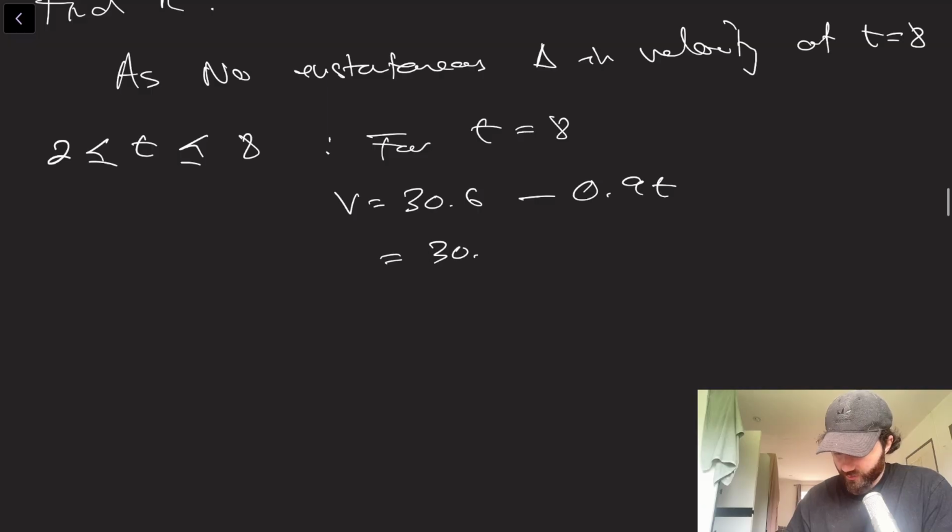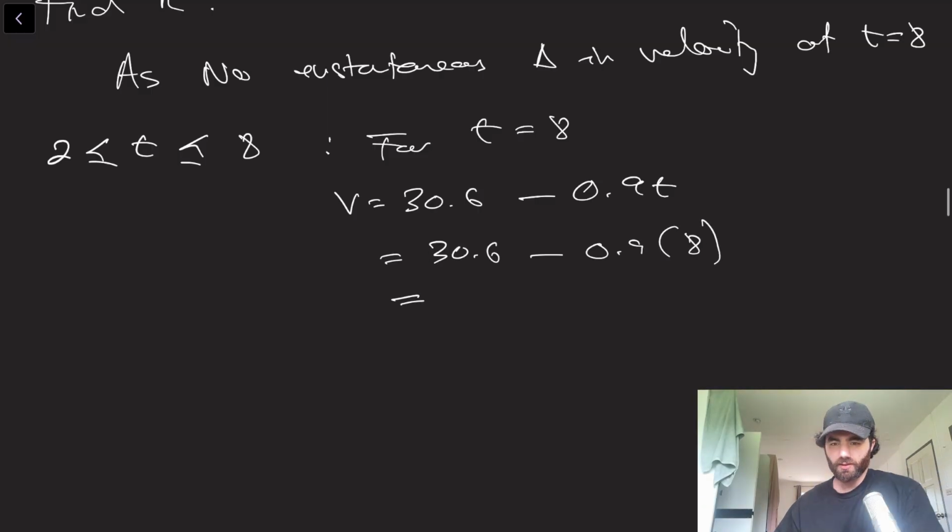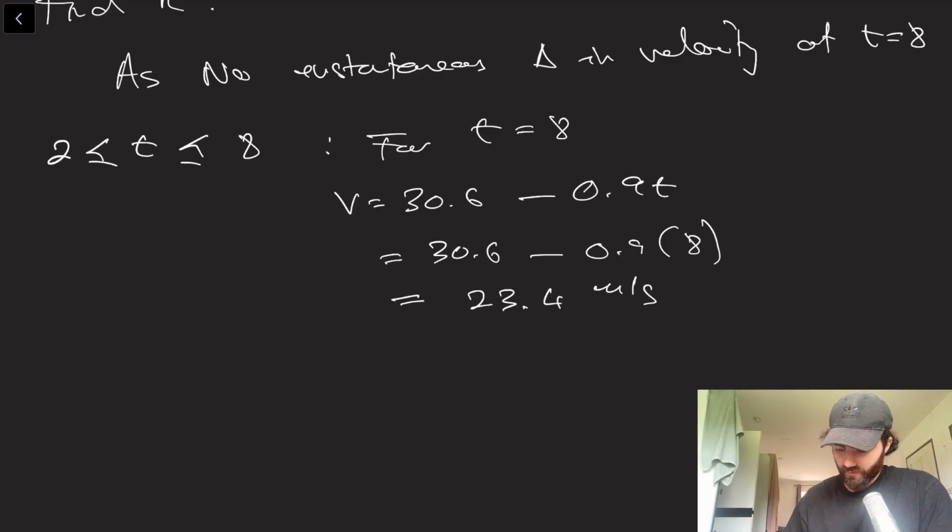So this would be 30.6 minus 0.9 times 8. So that's 23.4 meters per second. Okay, so therefore, for t greater than or equal to 8, we know that,